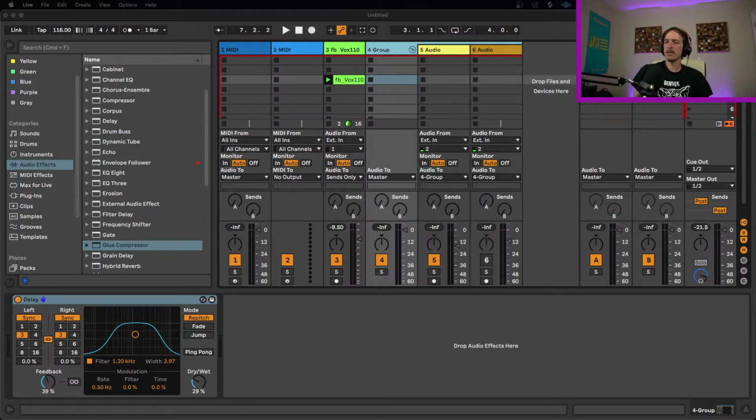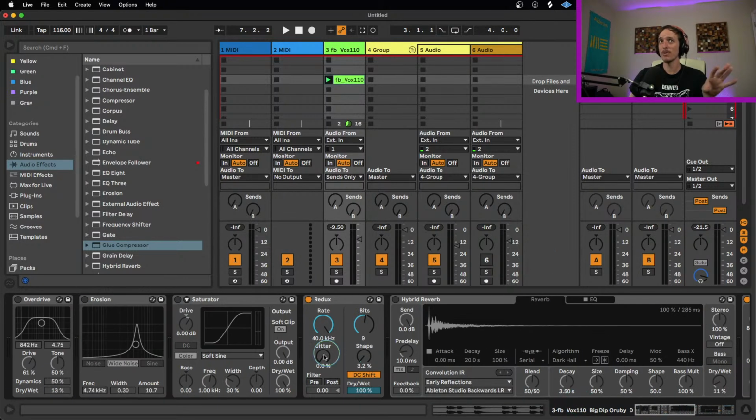Yeah, iZotope Trash is also an amazing distortion. The issue I've had with Trash is that there's too many cool options. There's too many cool buttons to hit, and so I end up spending all this time shaping and distorting and doing all this crazy stuff here. And one of the things I like about the Live distortions, pretty much all of them, is this one has like 8 controls. This one has like 3 controls. This one has like 4 that are actually relevant. This one has like 4 that are relevant. You can't spend a million hours tweaking your distortion like you can with Trash, which is really, really nice